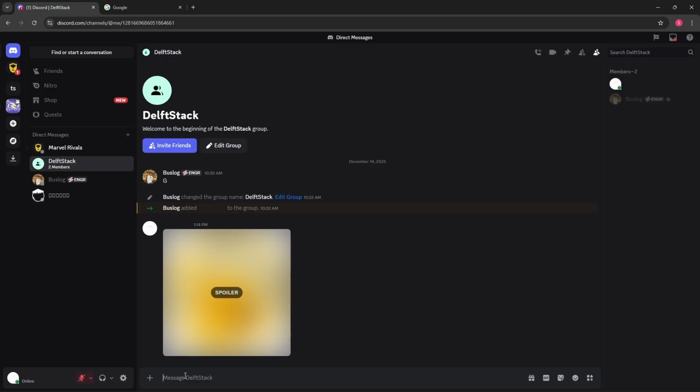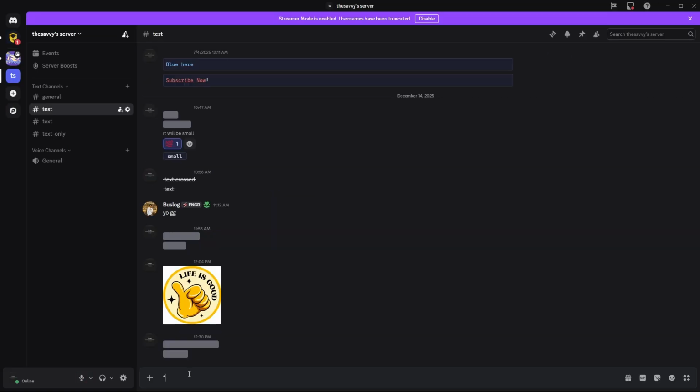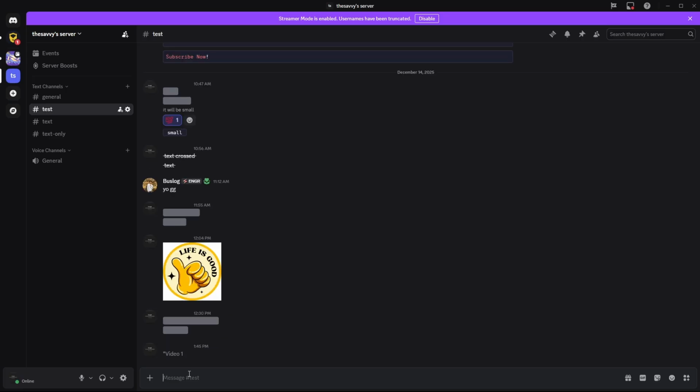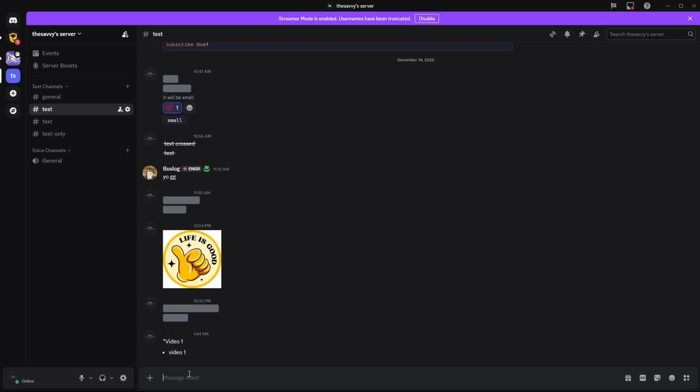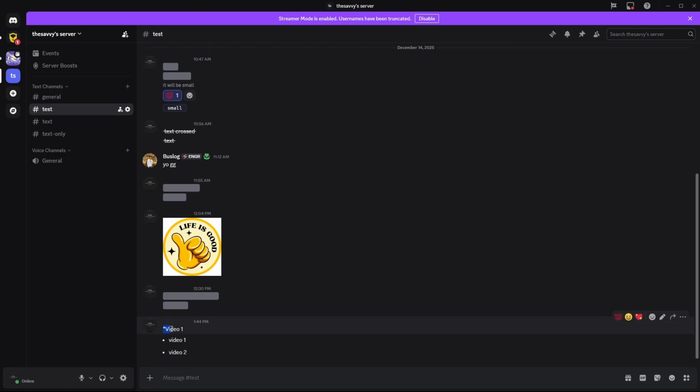So the first option that you have is press Shift plus F8, and from here you will have the asterisk. So asterisk will serve as the bullet. For example, I'm gonna go for video 1, and after that you should be able to have a bullet. And remember guys, to have a space whenever you are going to the asterisk. So from here, as you can see, this one did not work, so you have to leave a space over